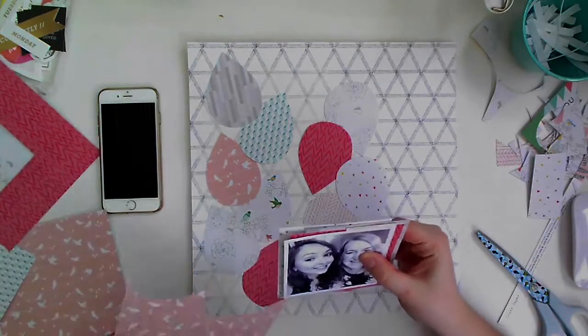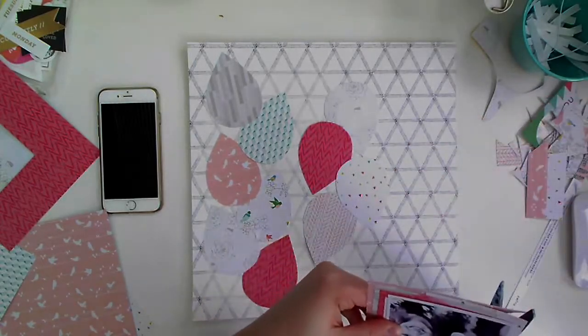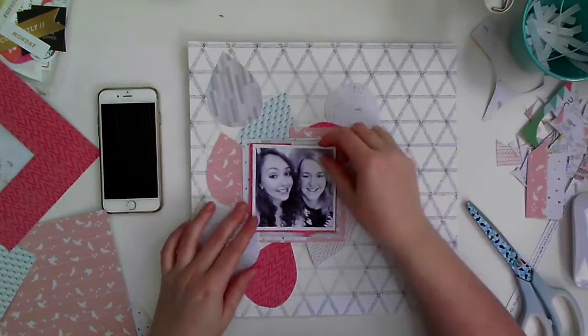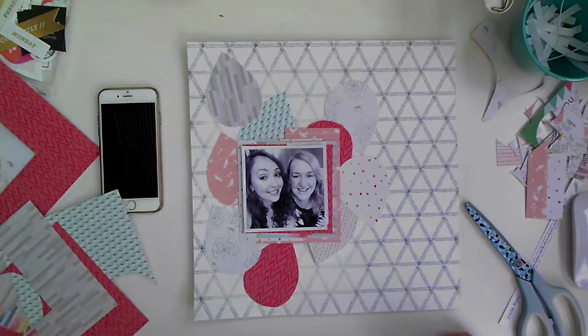So I'm not wasting any paper. All those bits of paper that I'd cut the teardrop shapes out of, I've used those on the most part to back my photo, and I'm also including this piece of, it's Elle's